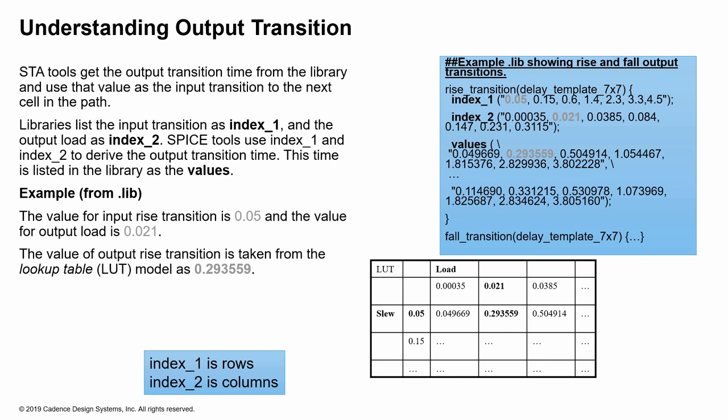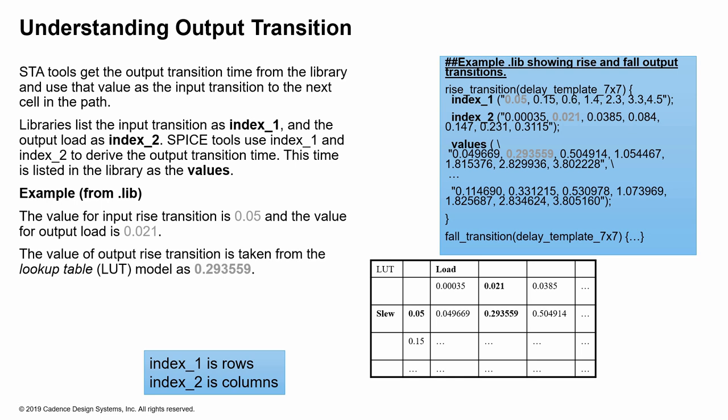If you want to identify what the output transition is, just picture the table plotted as index 1 and index 2, where slew is index 1 and load is index 2, and you look up the value for that corresponding slew and corresponding load. So identify what is index 1 first, identify what is index 2 first, and then just find your value